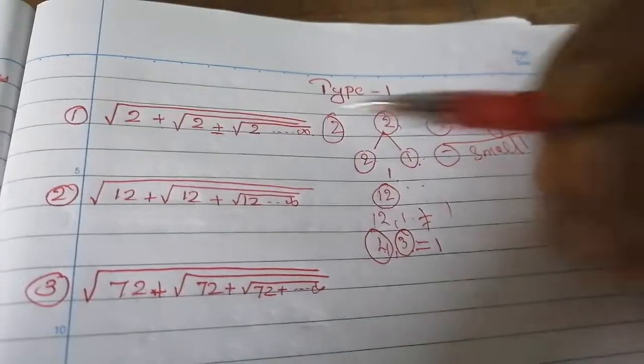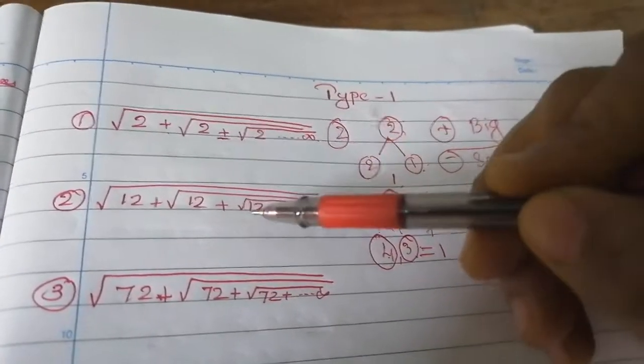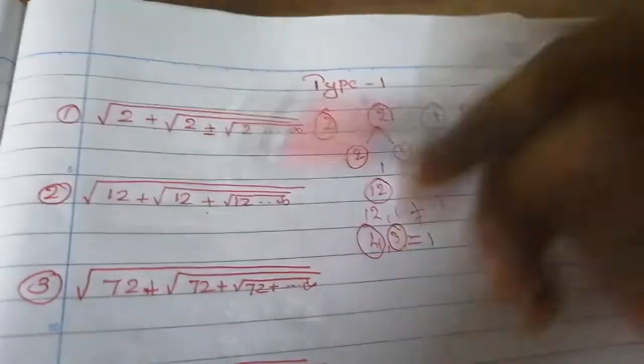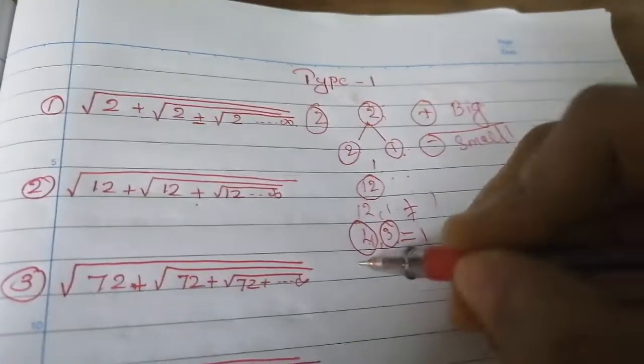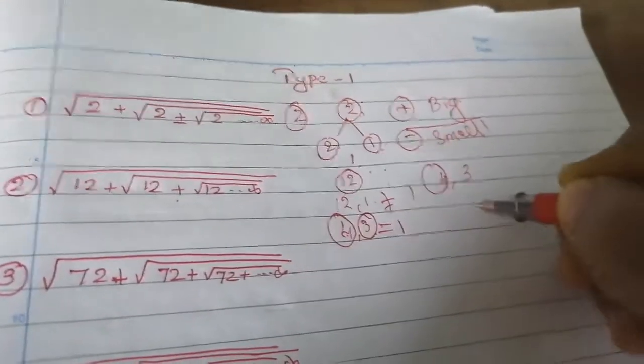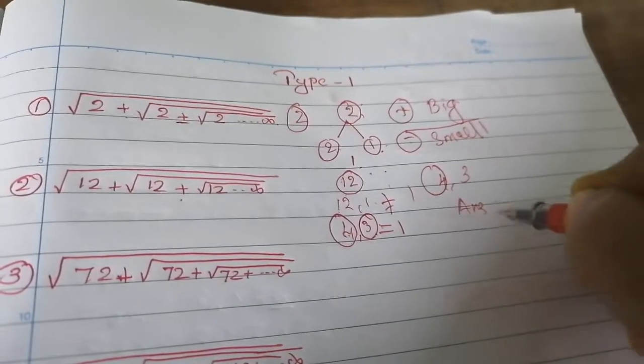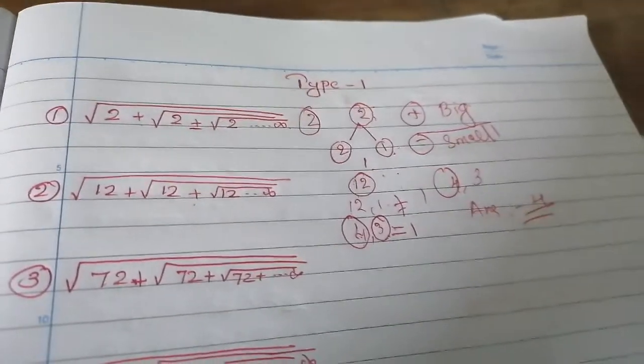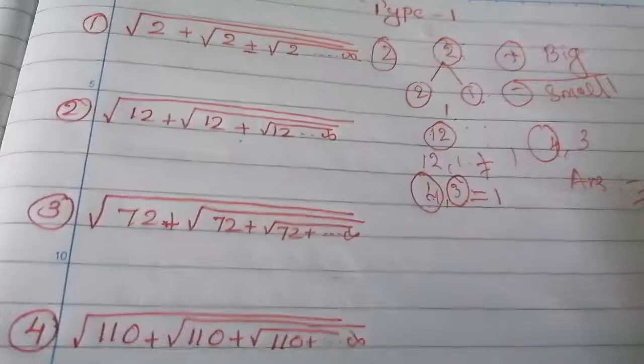Then you check your third step. The third step is that it is addition, so you can take the bigger number. From these 4 and 3, which is the bigger number? 4. So your answer becomes 4. Clear? Then you move to the third problem.